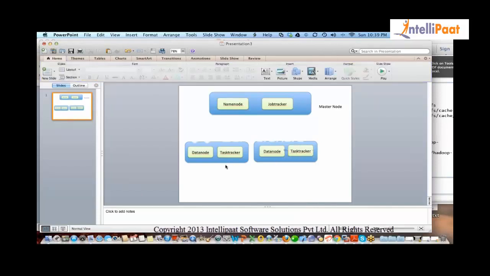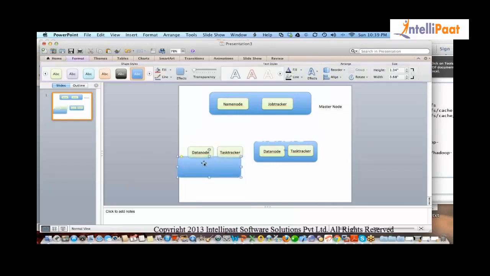Now that's one. So tomorrow, if you are buying a new node, as we were talking about just now, Upendra said this. Assume you are buying a new node.